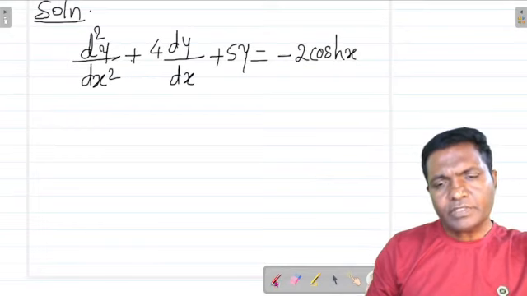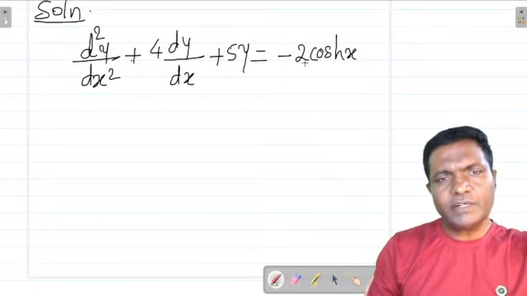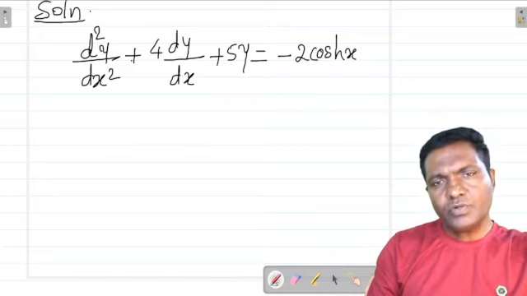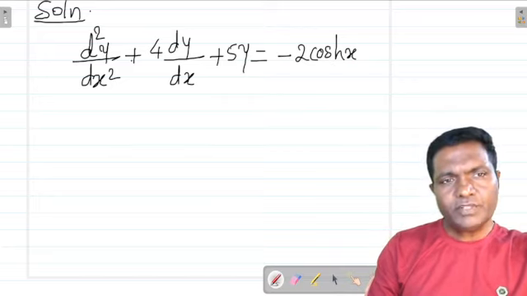Okay, so suppose you have hyperbolic functions. Most of the students don't know hyperbolic functions because in the